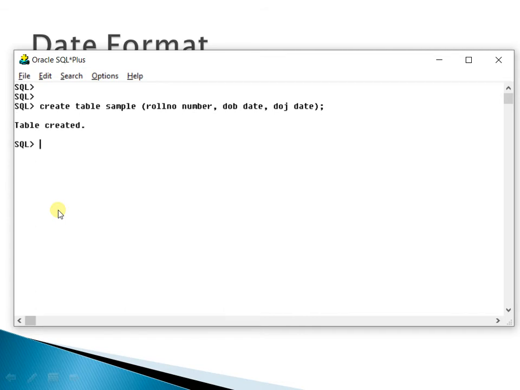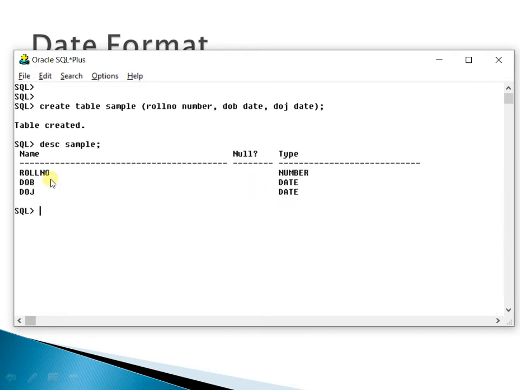You can see the table is created. Describe sample. So what you can see is roll number of type number and date of birth of type date.